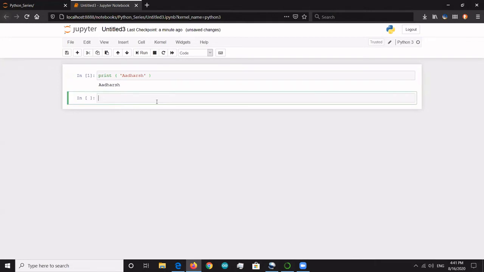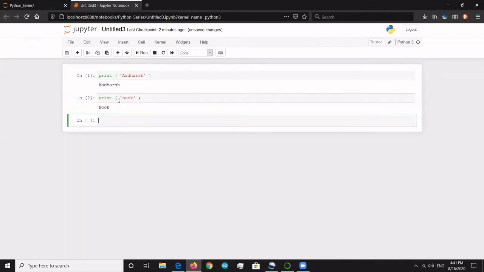So for example, just like I've displayed my name here, I want to display the word book. So how will I do it? The same procedure we're going to be doing here. So as you can see, print outside of the brackets and inside the brackets, two single quotes. Now inside the single quotes, the word I wanted to type is book. So we can write book. And if we actually write book and run this, you can see that book is printed here.